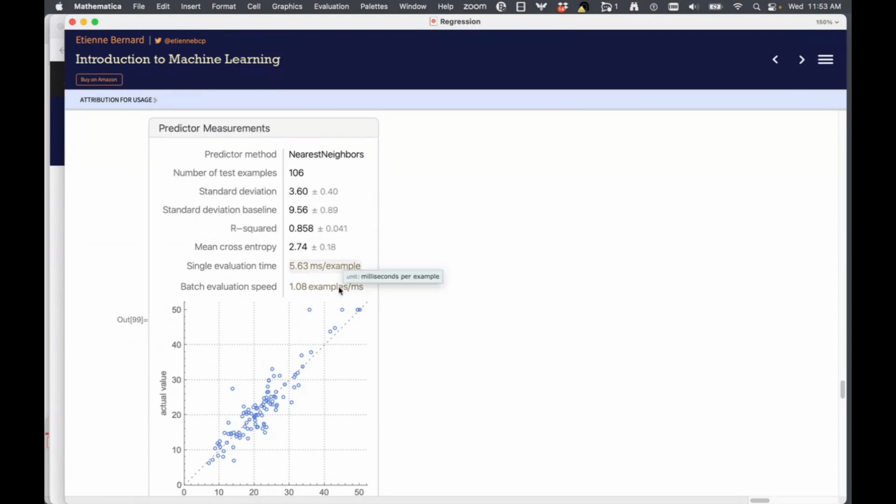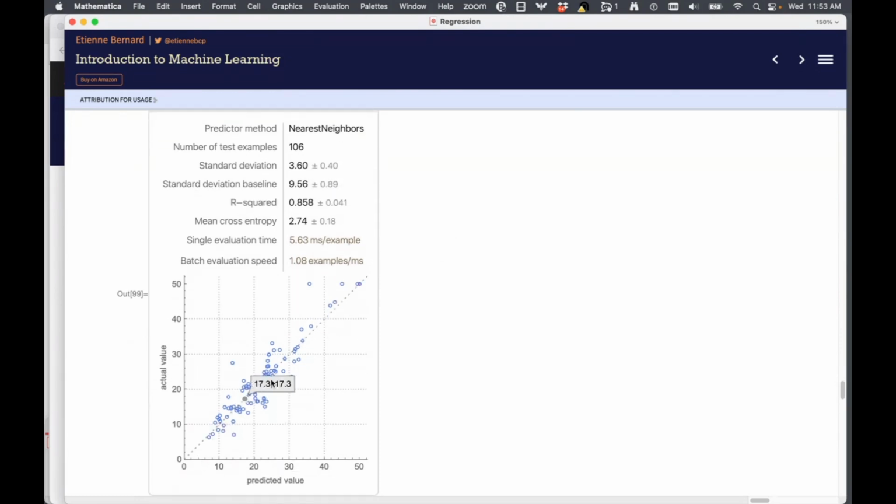And then this is another interesting visualization. It is kind of comparable with the confusion matrix plot that you saw for classification, where you saw what was the original label and what was the predicted label. And so here you can see this was the actual value, and this is the predicted value.